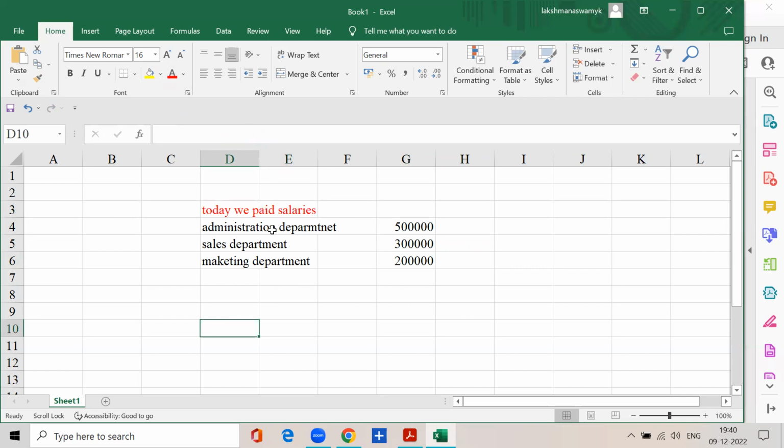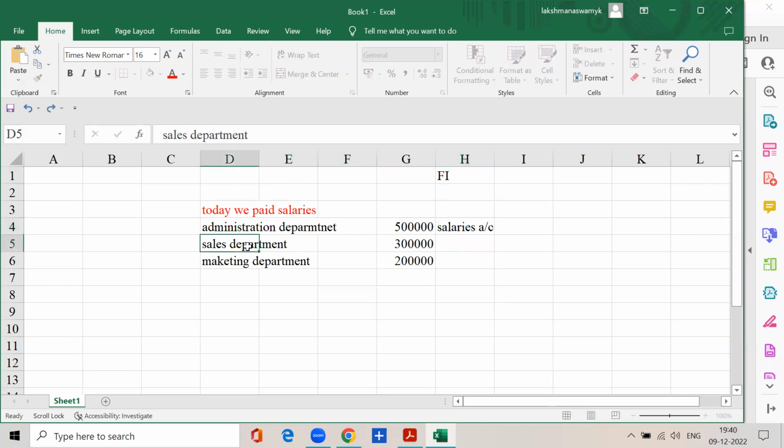See, we have to account it in both financial accounting and also in the cost accounting. So in the financial accounting, while accounting for expenditure, always we consider the nature of expenditure. We paid salaries to the administration. What is the nature of expenditure? Salaries. So salaries account is debited in finance, right? So F5, salaries account is debited,